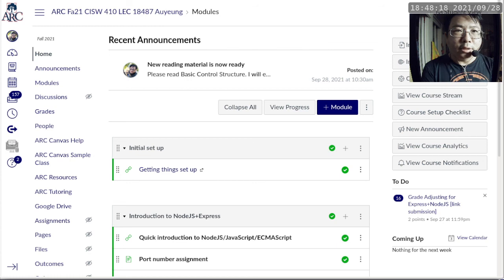Hello. It's time for another, I guess, lecture. This is going to be a fairly short one. So what we are going to do today is to get into basic control structure, and there are a few